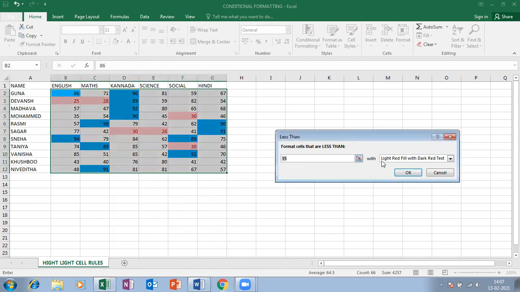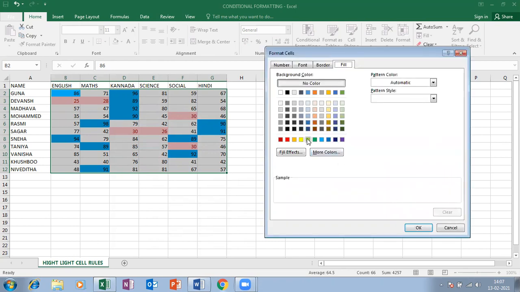Lesser than 35 has to be highlighted. Click here, click on custom format, and choose the color.